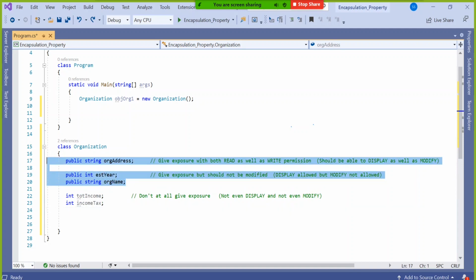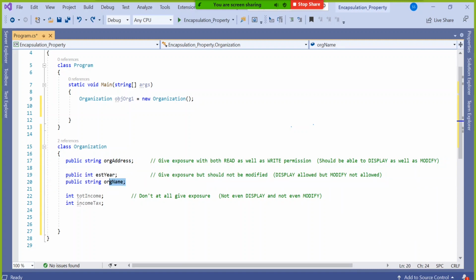But these three, they should be at least exposed, but two in read only manner, and one in read as well as write manner. So if you make it public, don't you think all three of them will have both permissions?